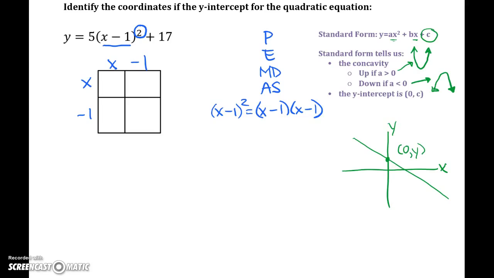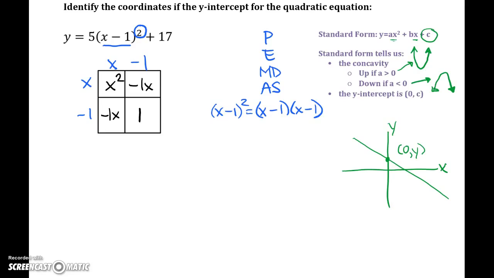For this one, when we start to fill it in, in this box right here, x times x is x squared. In the box to the right, -1 times x is -1x. In the lower left box, we have x times -1, which is -1x. And in the bottom right-hand corner, we have -1 times -1, which is +1. So now I can show my x squared